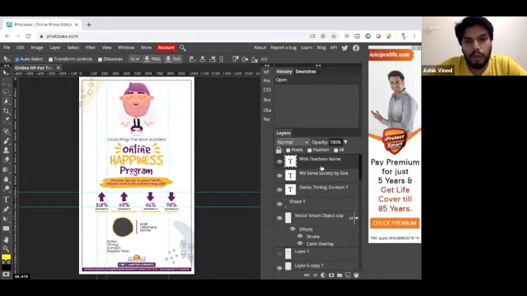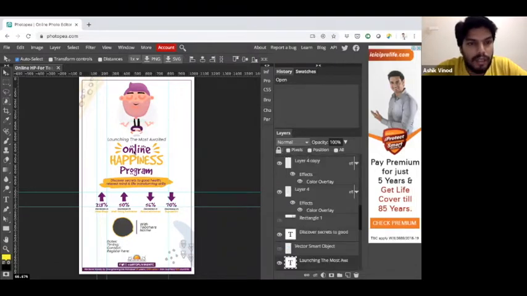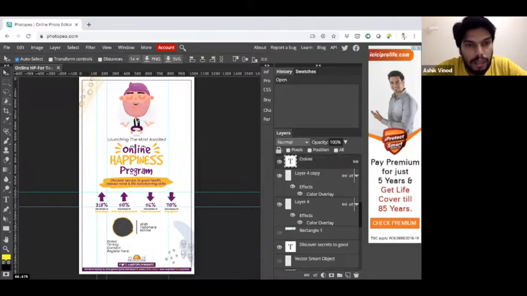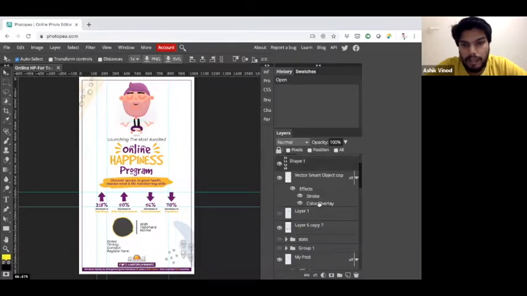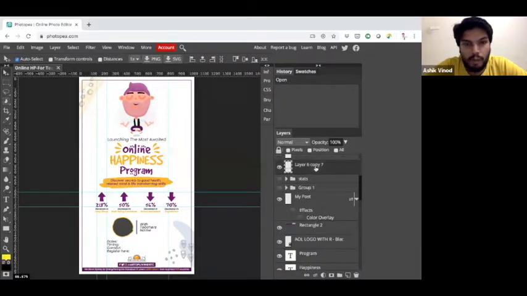Now coming to Photoshop, in this image that you are seeing on the screen right now, every single thing, like the text and all of these images, are layers in Photoshop. There are three types of layers in a Photoshop file: text layers, shape layers, and image layers. All these things you see on the screen are actually layers.